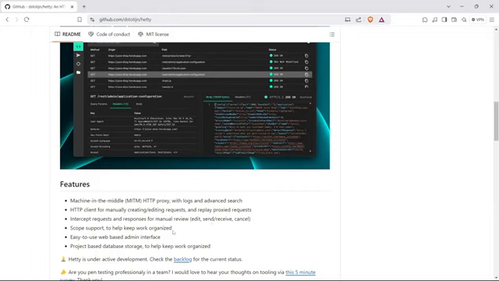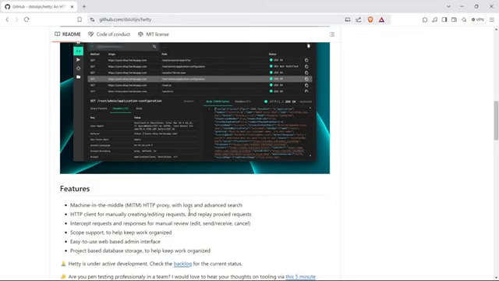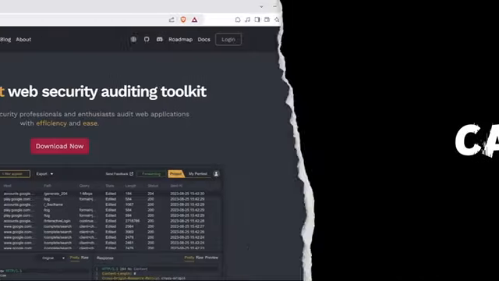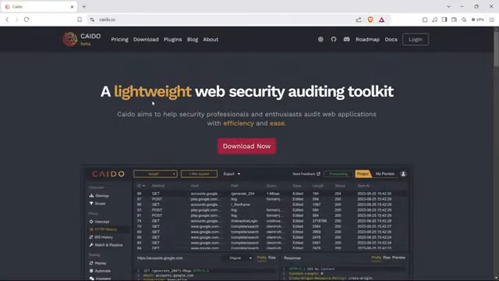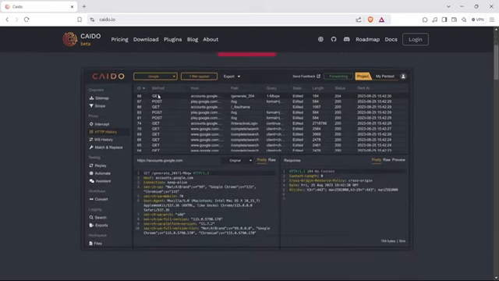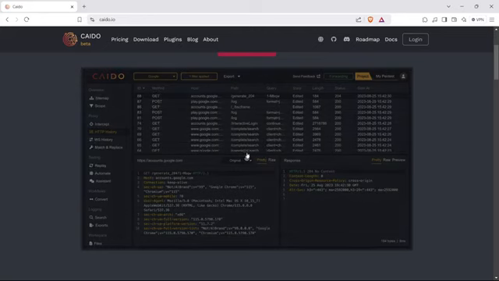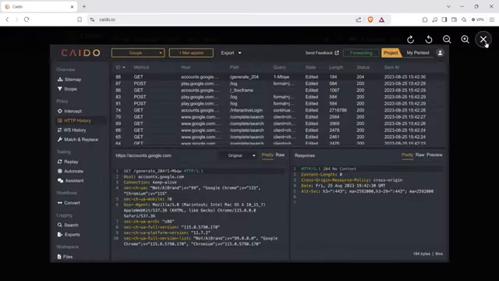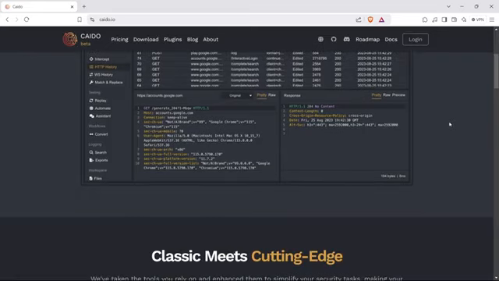This can be a real game changer for spotting vulnerabilities in session management or web application security. Another tool worth mentioning is Kaido. Kaido is a web security auditing toolkit that security professionals use to intercept and inspect HTTP requests in real time while browsing. It's designed to help you analyze and manipulate web traffic, making it an invaluable tool for penetration testing